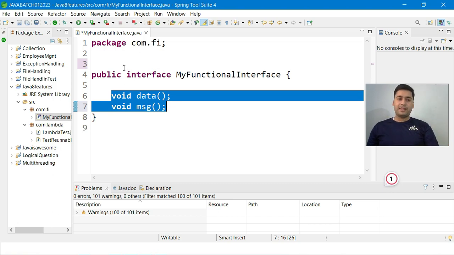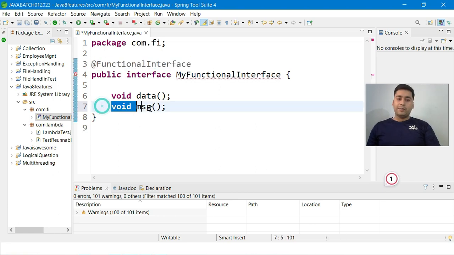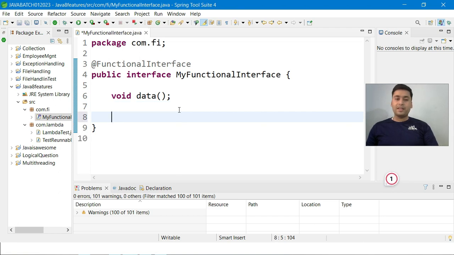Got it? So that is the thing you have to understand. Now you have to remove this, then only it will become a functional interface. That is the one thing. Okay, one more thing. If I override